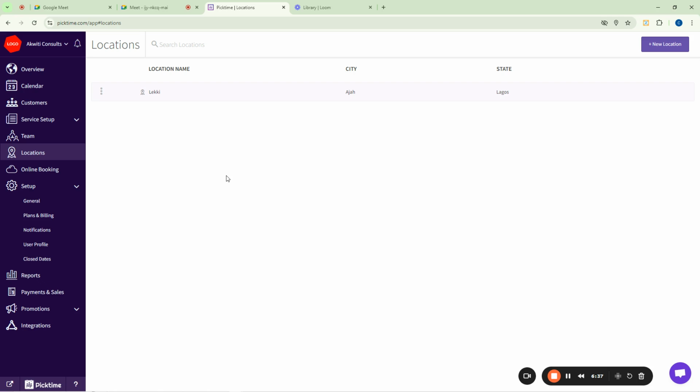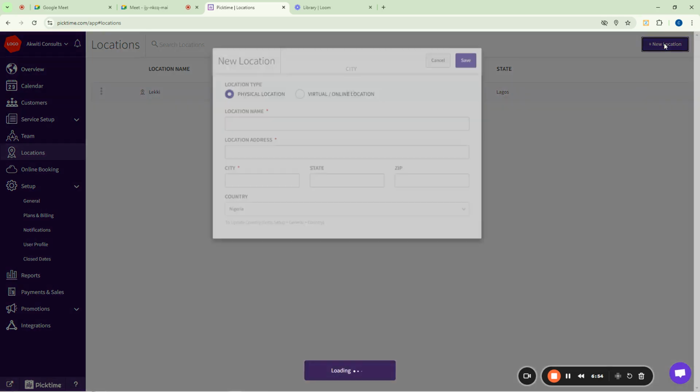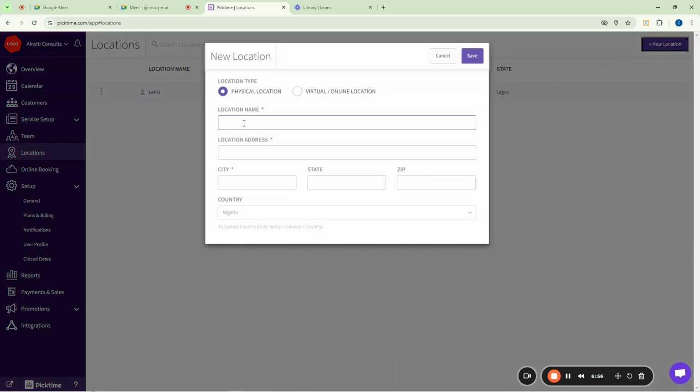Sometimes you have a business that is based in Lagos, but they tell you that they also have a branch in Port Harcourt or in Abuja or in Calabar or just whatever. So that is what you do here in the location part. So to add a branch, what do you do? You click on new location, and then you enter the location details, right? So you can say, okay, location name is